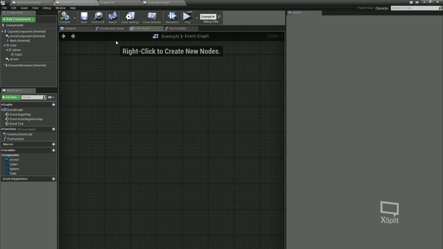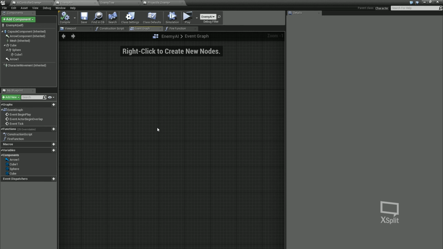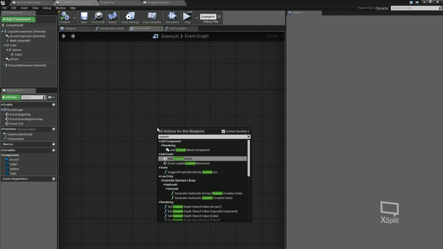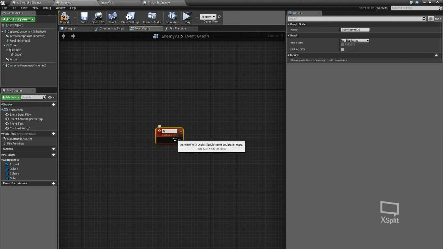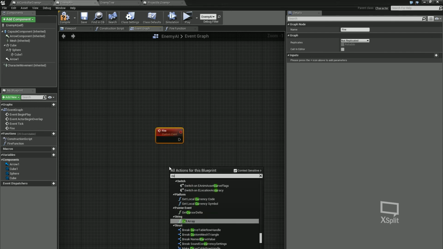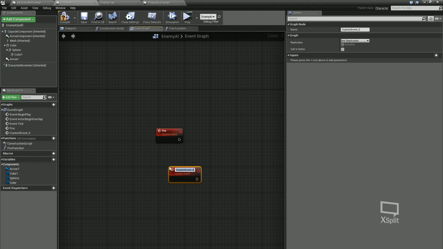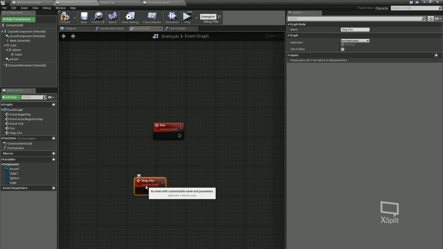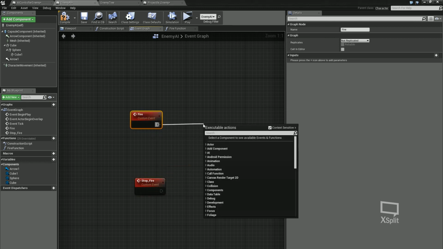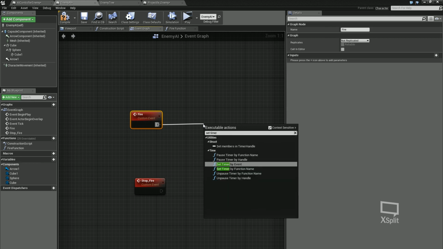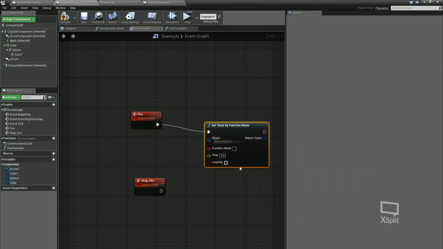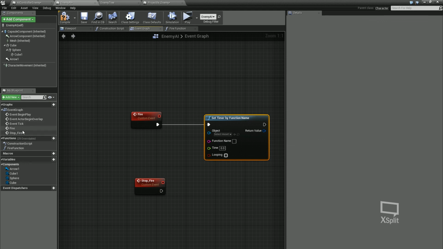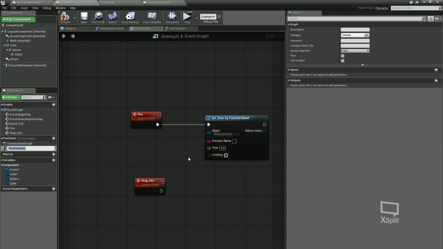And then the event graph, okay, for my character, I'm just going to right click, and I'm going to get 2 custom events, and this is going to be fire, another custom event, and then this one's going to be called stop fire. In this fire one, I'm going to set timer by function name, and my function name is fire function, so I'm just going to copy and paste that in,